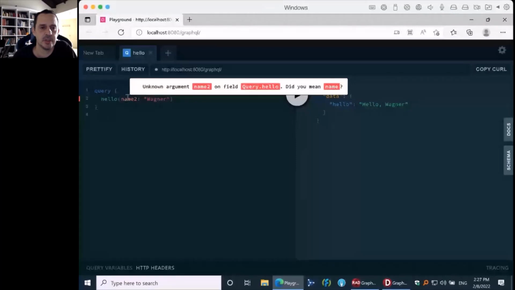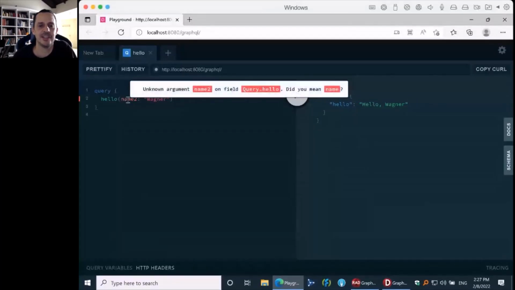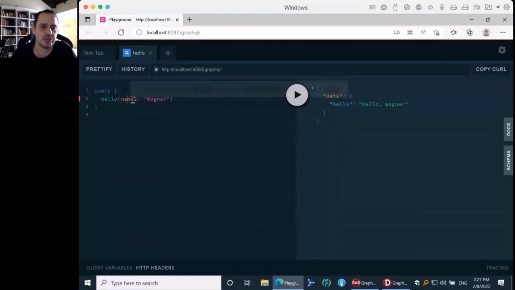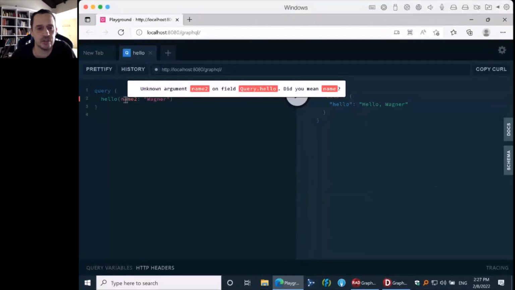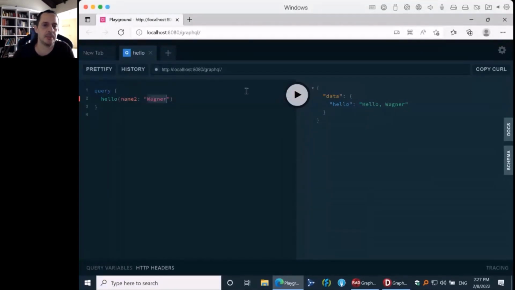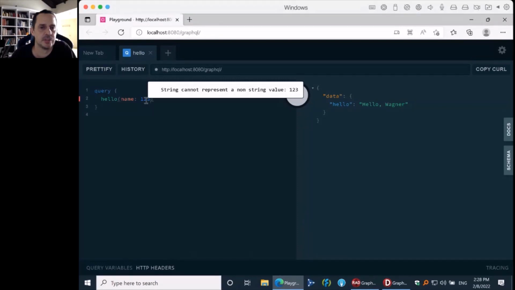It already tells me that there is an unknown argument named 2 on field. And it's even smart enough to say, did you mean name? So it gives a suggestion for you. And the same about types. For example, if I say name, I want to pass the parameter 123. String cannot represent a non-string value 123.